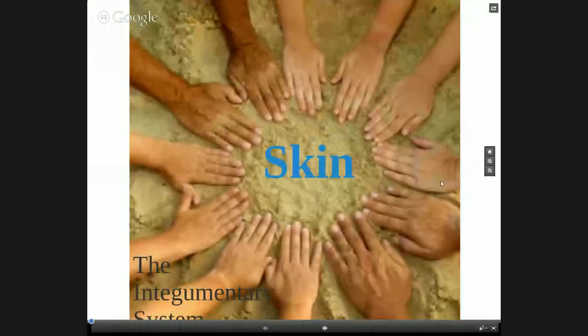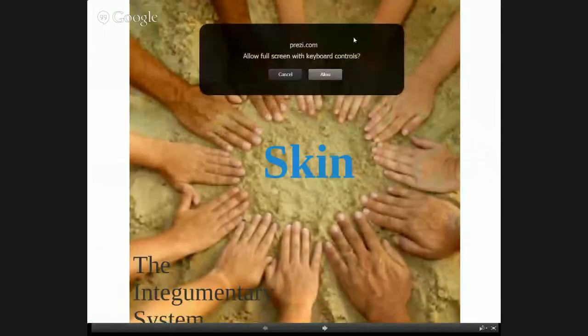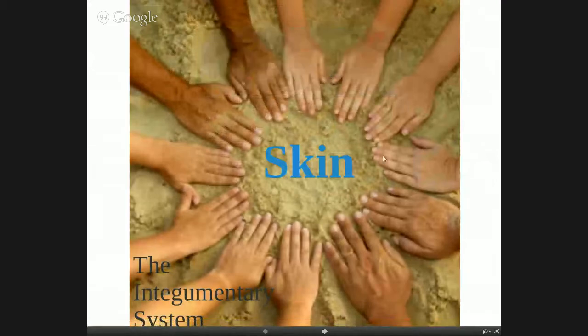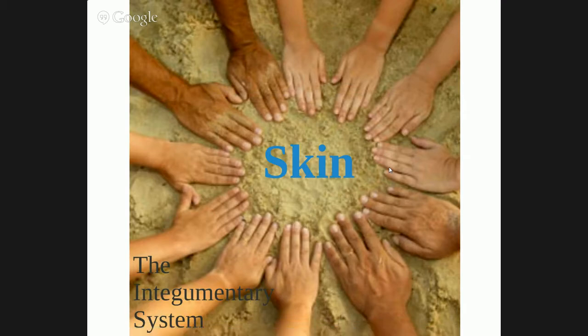But I do have this, and so what I want to do here is just talk about the skin briefly and point out what I want you to pay the most attention to. I'm going to leave you to get some of the information from the book in more detail, and I just want to talk about what I think is most important. Would somebody mind turning off the lights over there? So,